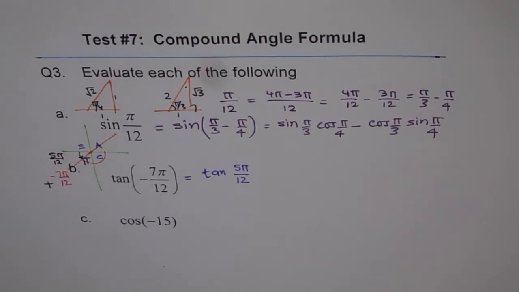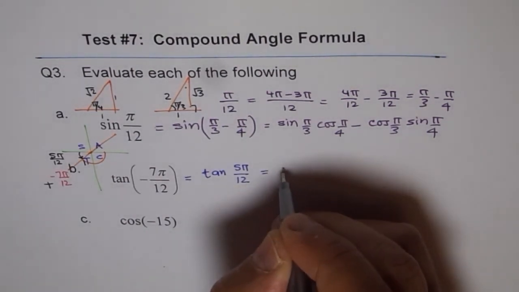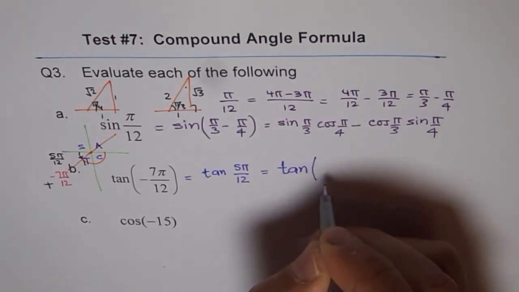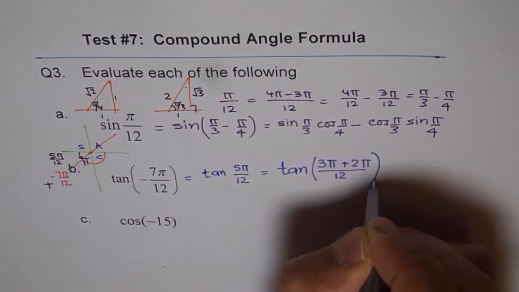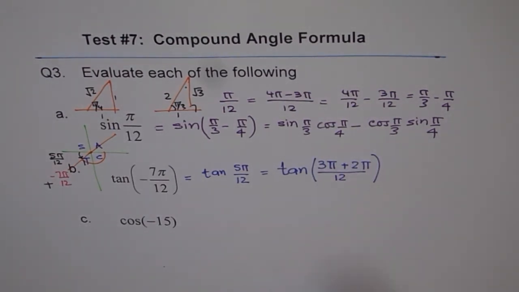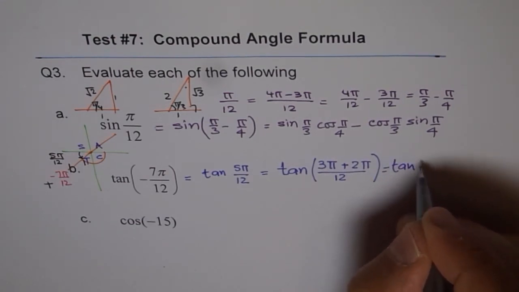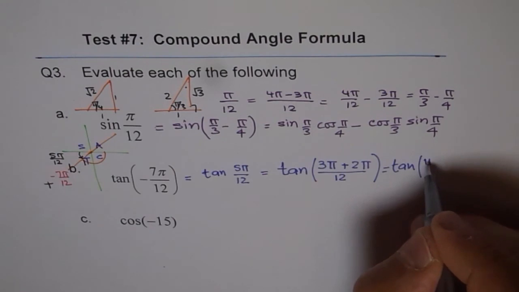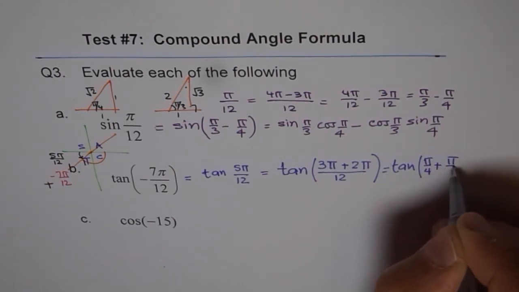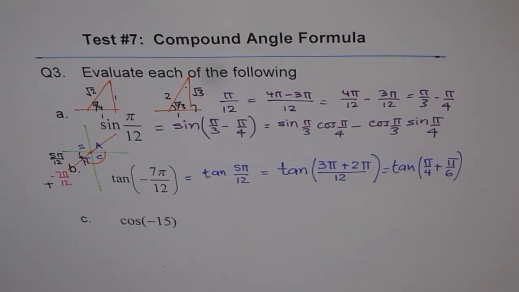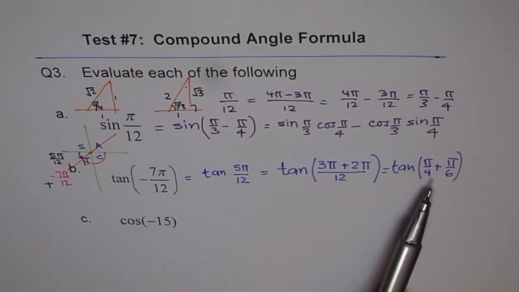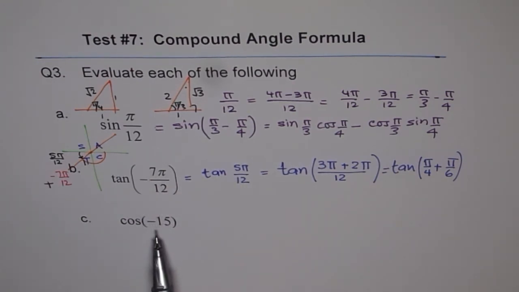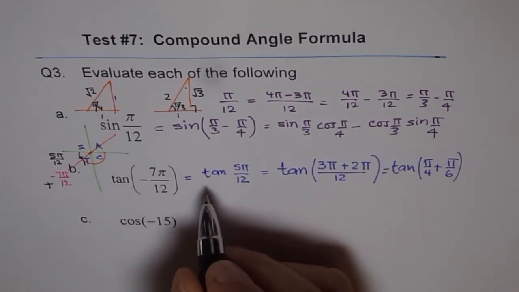And now you can split this. 5 pi by 12 can be written as 3 plus 2. Does it make sense? Tan of 3 pi plus 2 pi over 12. So that is 5. Do you see that? So tan of 5 pi by 12 can be written as this, and you could divide by 3, so you get tan of pi by 4 plus pi by 6. Perfect. Now you can apply your formula and plug in the values. This is not that difficult, right? But I've seen students really struggling to do this. And that is the reason why I have 3 of them, so that you could always do the test problem without any problems, correct? That's the whole idea, right? After this, you can always apply your tan